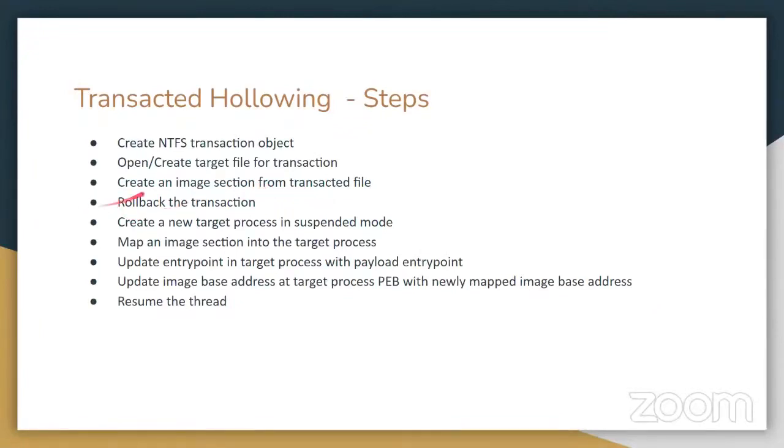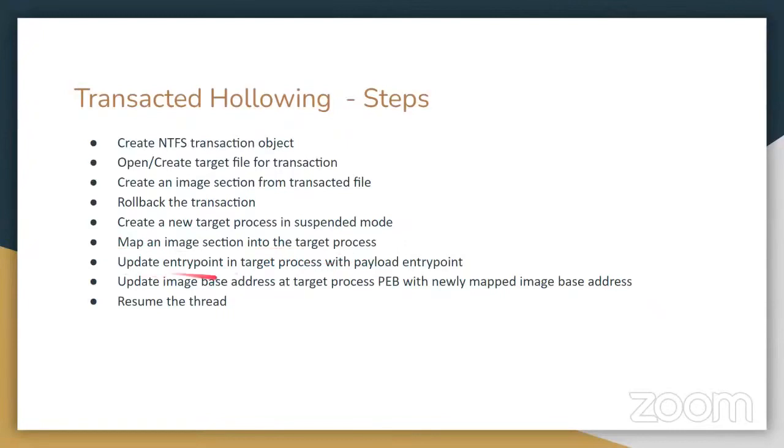After that, we have the image section. So we will create the target process in a suspended mode, and we will map that image section into that target process. As I mentioned before, process hollowing has quite different variants. This is another variant of the process hollowing technique. In this technique, we are not going to unmap anything. So after we map the image section into the target process memory,